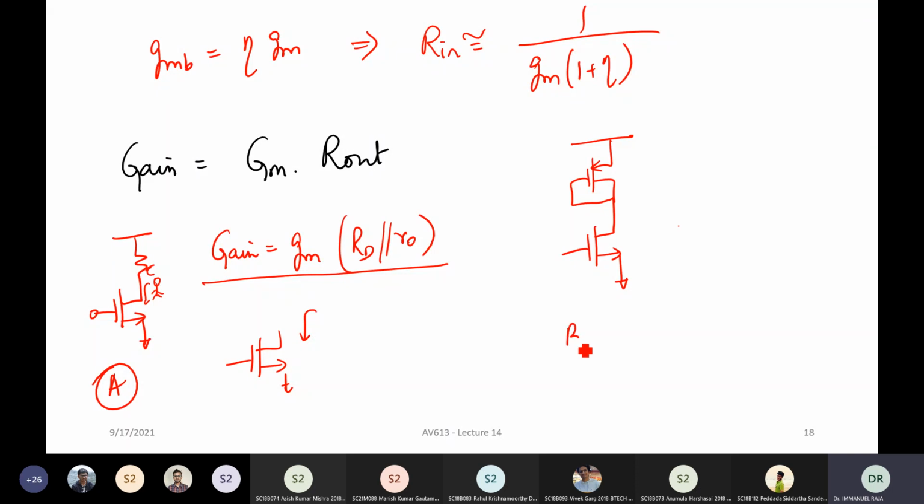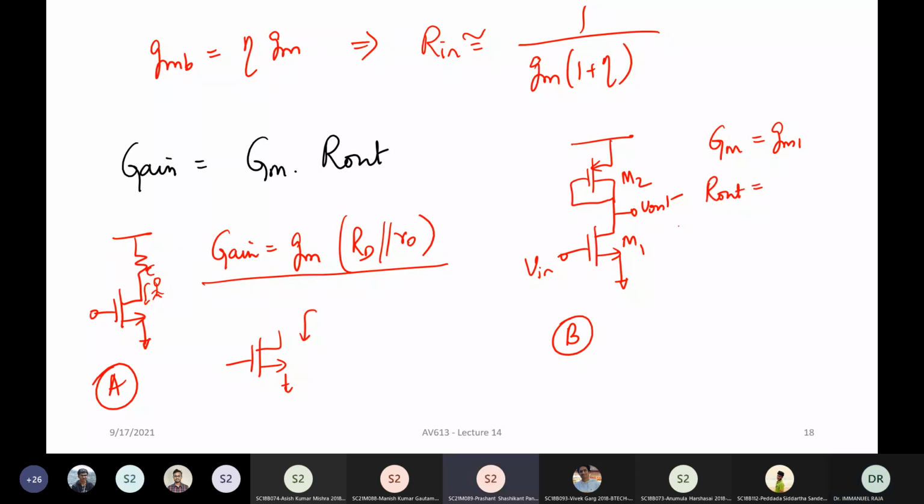Now let us look at circuit B. Let's call the transistors M1 and M2 so that we are able to differentiate. Can you tell me what is the effective transconductance of the circuit? Let's say this is your Vin, this is your Vout. It should be gm1 only, because the input is applied to M1 and M1 converts your input voltage to a corresponding output current. So the transconductance is done by transistor M1 and the factor by which it does is gm1. That's it.